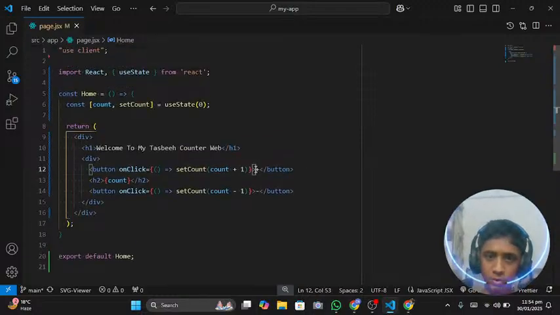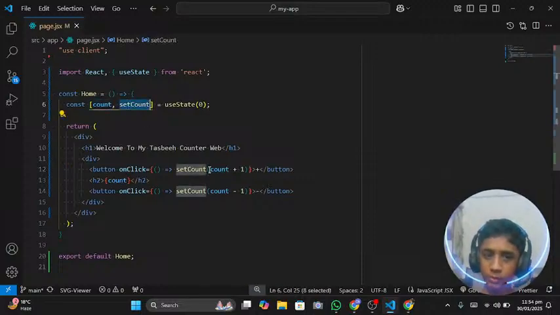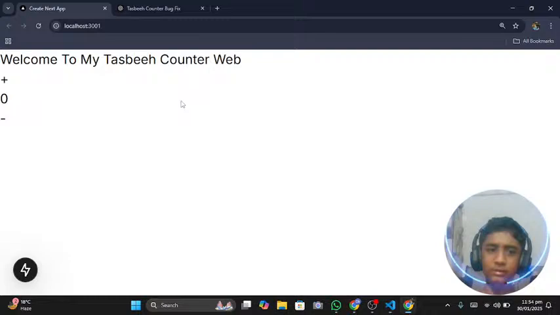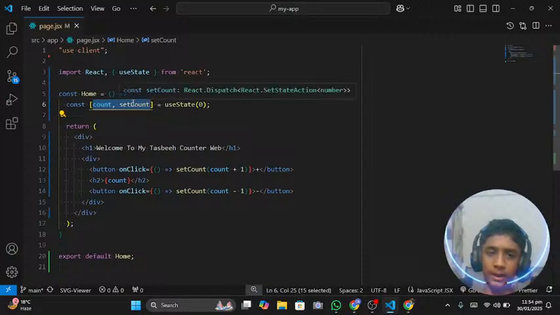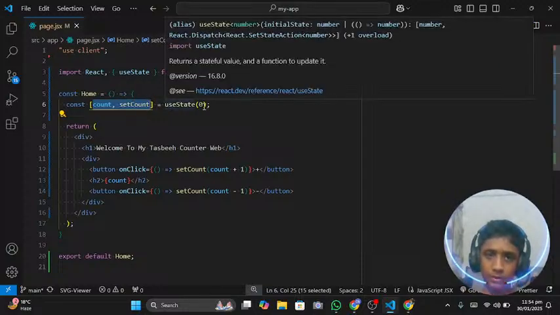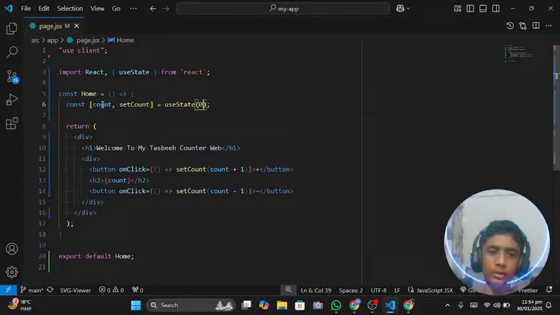So on click on the plus, set count here, use set count. So set count plus 1 means the set count value is 0 and the count value is 0. I have created two variables, set count and count. Both of the values are 0, but one is a normal variable and the second one is